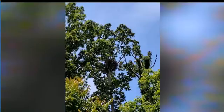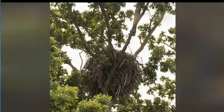In the close-up, you'll be able to see where the camera is that we currently use. Now, if you are not familiar with where this is located, it's in Washington, D.C. Liberty and Justice are one of the oldest bald eagle pairs in the area. They've had an eagle cam since at least 2002, if not even before then. 2012 is the first time that I saw them on an eagle cam video. So I know in 2012 there are some videos out there. However,